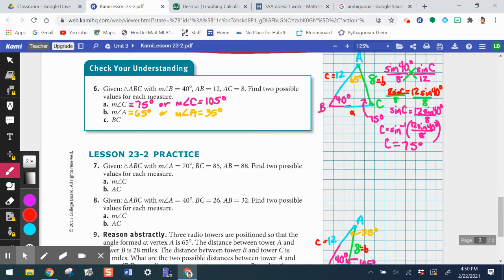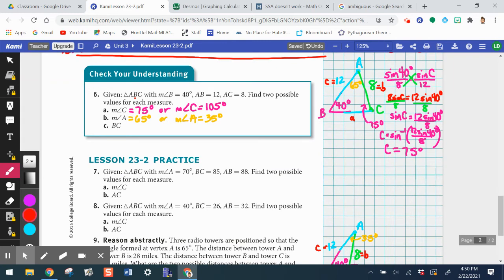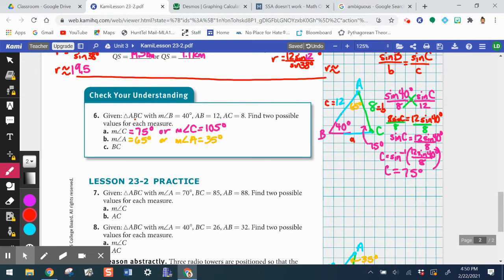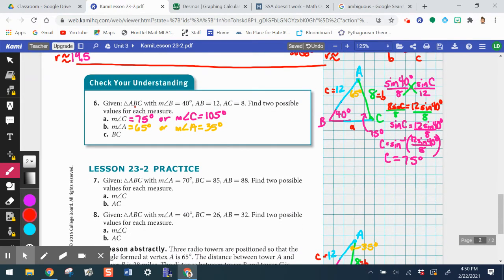This is the ambiguity, I believe is how you say that word, that the law of sines creates based on the information given. So if we're given triangle ABC with angle B equaling 40 degrees, and notice I just drew some angle like I did initially, 40 degrees, and the length from A to B, so if B's here, A is going to be up here along that same ray, such that A is 12 units from B. So I labeled that 12 units. But then the distance from A to C simply has to be 8 units, regardless of what the measure of